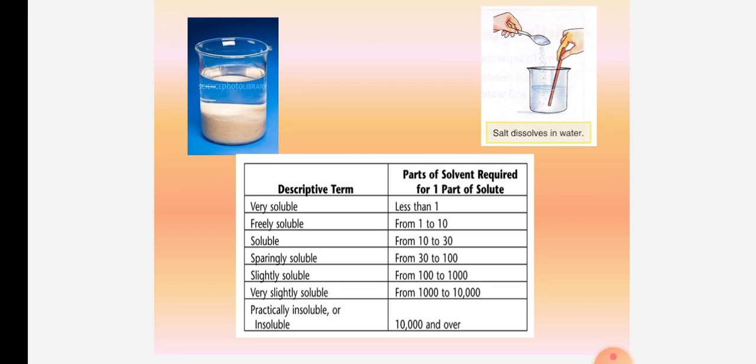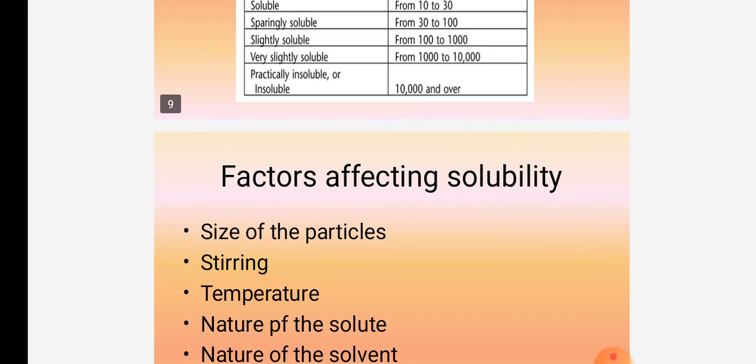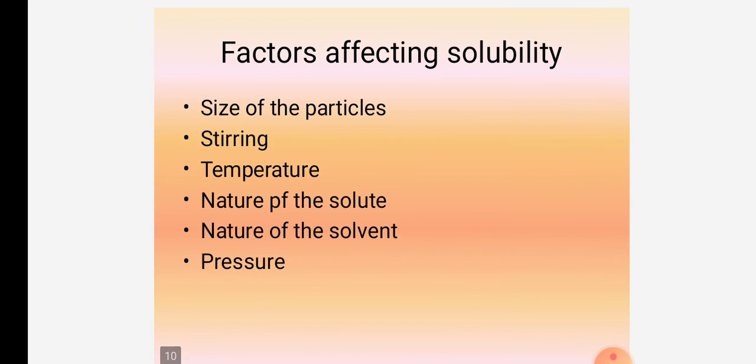There are different levels of solubility, but in our textbooks only 3 are given. That is why we are going with only soluble, insoluble and sparingly soluble. Insoluble is otherwise called negligibly soluble also. So you just have to know these terminologies. Now, let us go to the factors that affect solubility. The solubility of a substance will not always be uniform. Two factors we have already said: one is temperature, the other one is pressure.